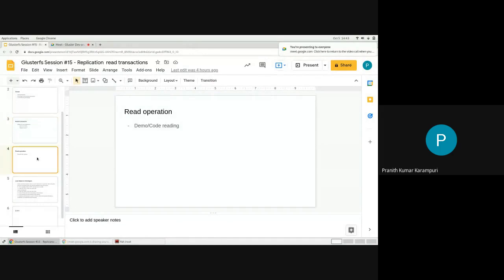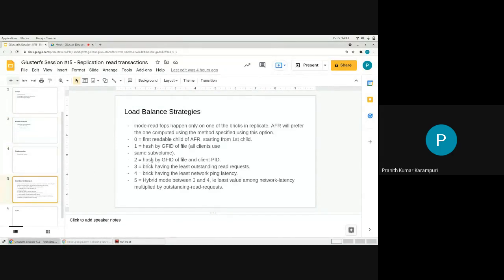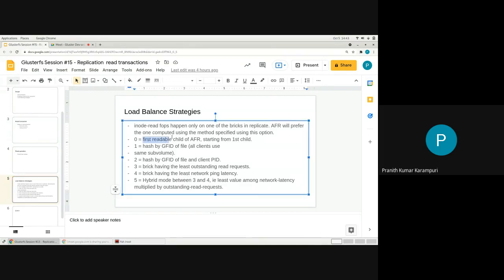Then we only have the load balance strategies. This is something that has been evolving. When I joined, there was only one read policy: the first up subvolume used to get the read traffic.